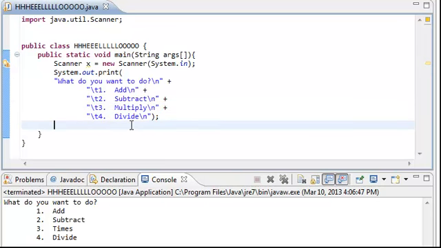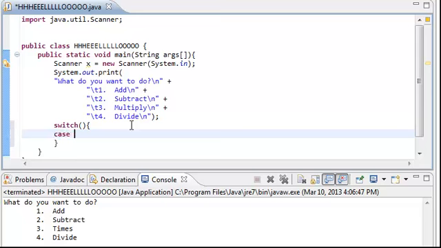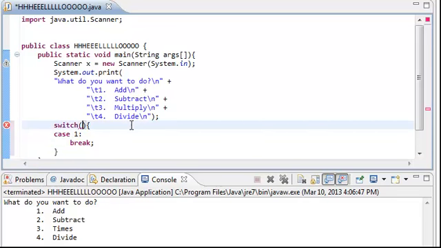That's pretty basic. And then the next thing we need to do is, now they're going to type a number, 1, 2, 3, or 4. And we're just going to store that number, and then see what it is and act on it. So, whoops, one sec. Here's the biggest new thing in this tutorial, a switch case. Basically, it's supposed to be a fancy if statement. So we could do switch